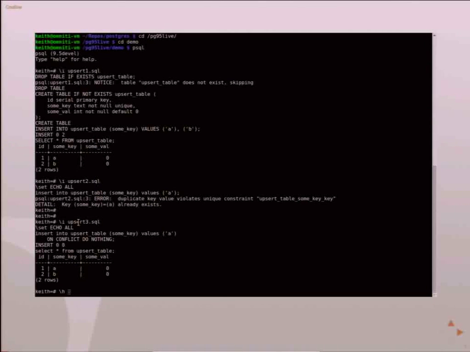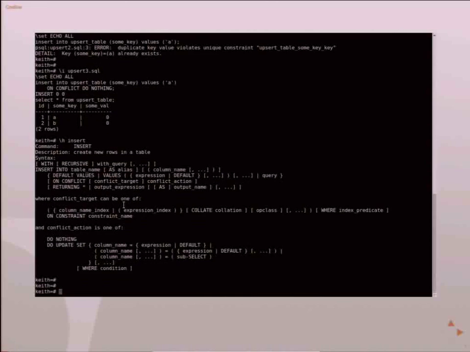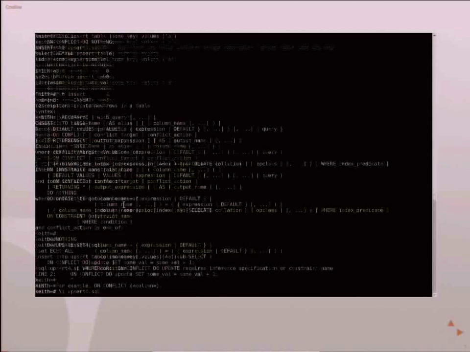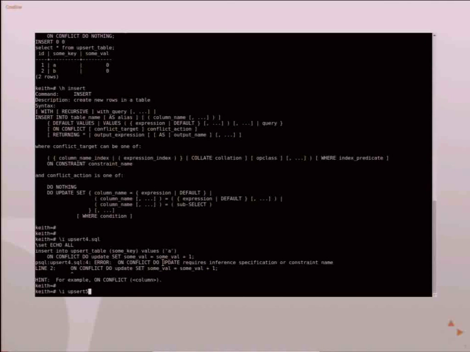The basic format for the new upsert option revolves around this ON CONFLICT clause right here, and what you'd like to do when a conflict occurs. So, some first testing out with it. Say you just want to update the new value, but you actually have to tell it which columns you want it to handle the errors on, or which constraint you want it to handle. So we'll try to do that.